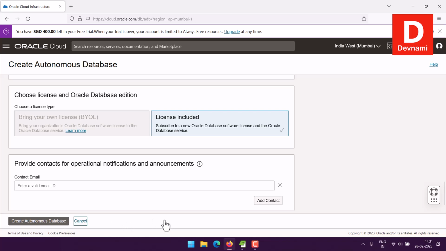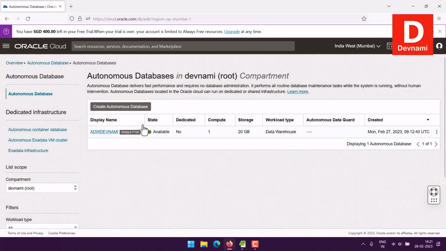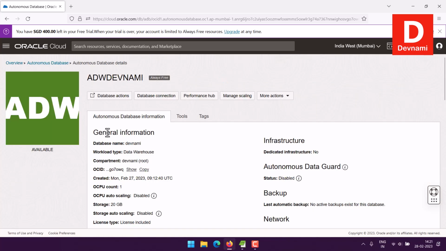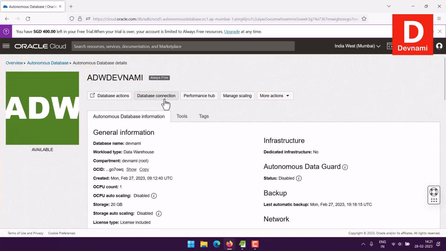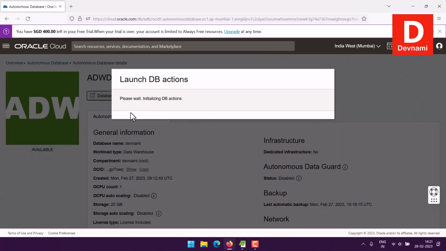Once you go through all of that flow, next you will see your database listed here. So this data warehouse will have various options for you, like the Apex instance, then the database connection option and Database Actions. So this is the place where we want to go. Make sure that your instance says Available, because Provisioning or other states won't give us access. So make sure to click on Database Actions here,